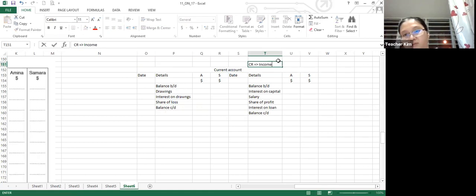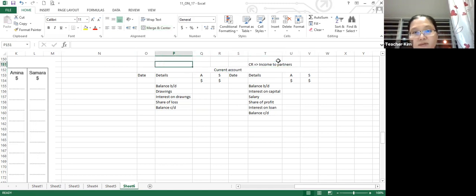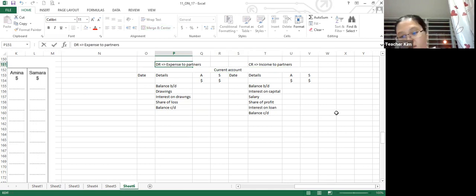income to. Whereas if it is a debit side, it will be the expense to. So that's why it will reduce. So this one reduces the capital of